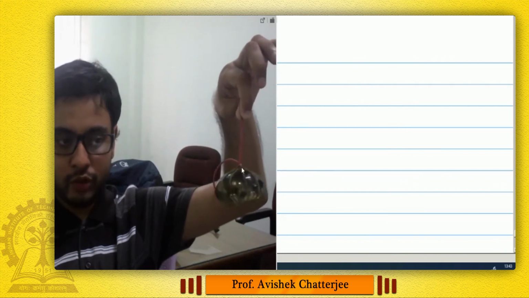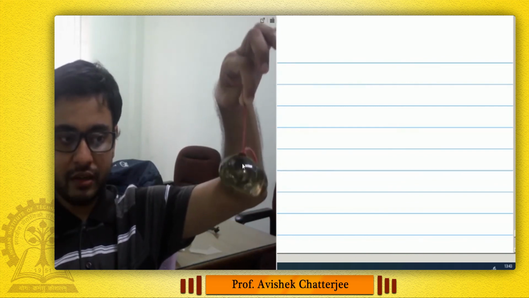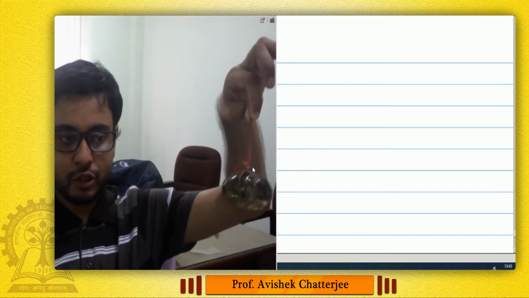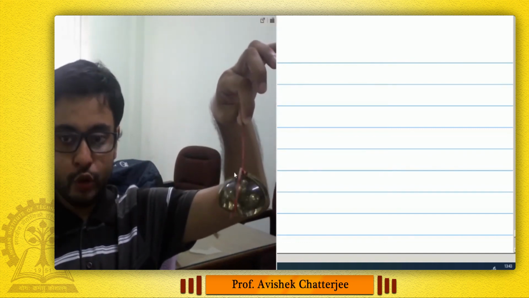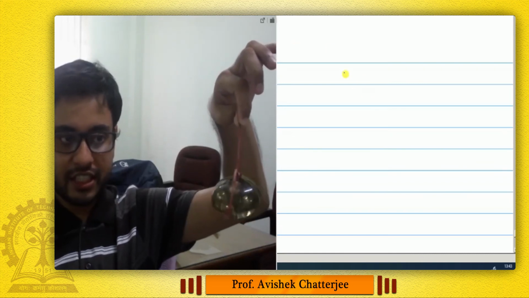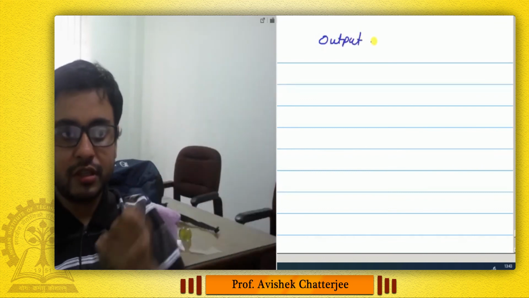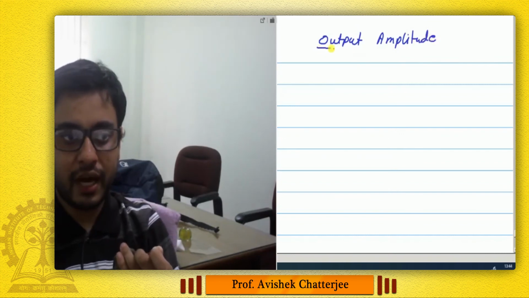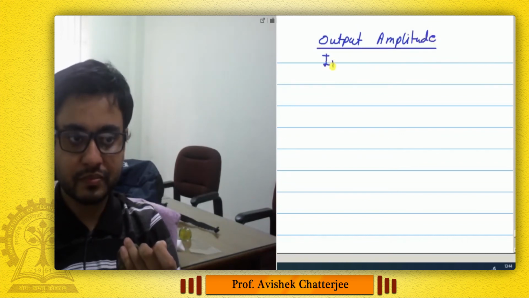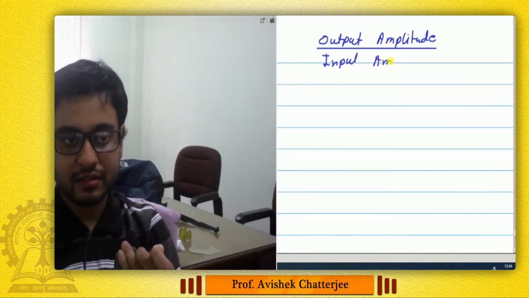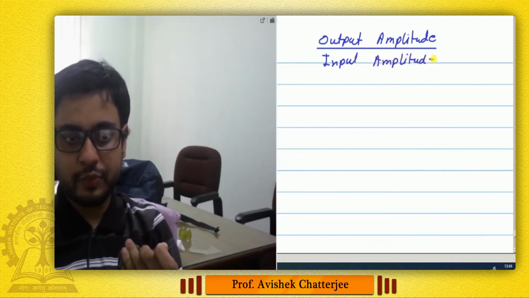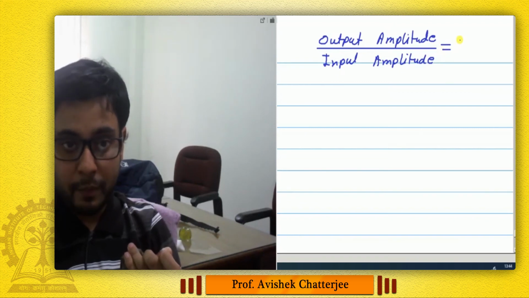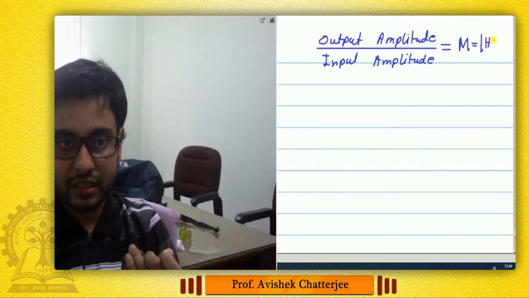For example, now the amplitude is from here to here, and then you have to calculate the ratio of output amplitude divided by input amplitude. That will be the magnitude m, or mod H of j omega